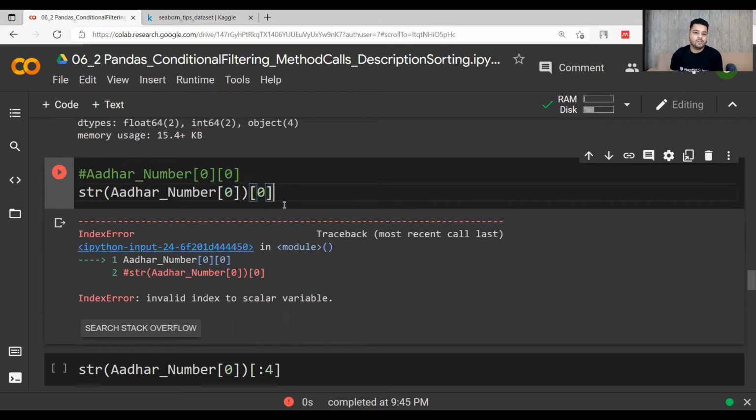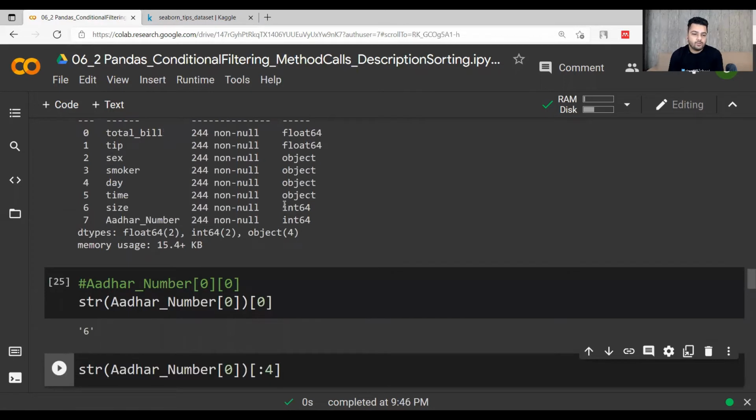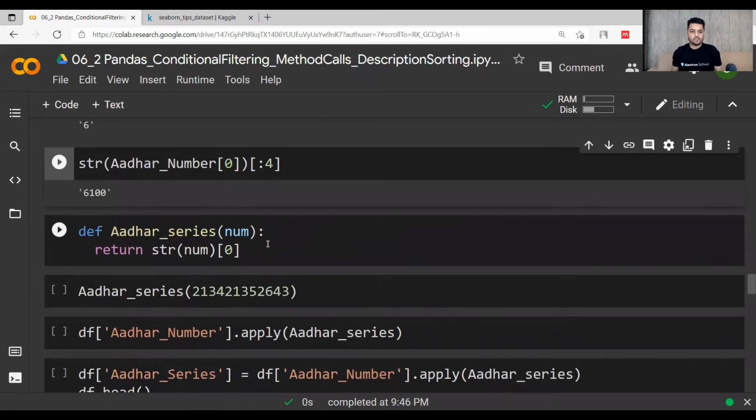So if you do data type casting, converting this Aadhaar number 0 into a string and then taking index 0, the first value of the full Aadhaar number is the output. Again, you can use the colon, which is slicing, within the string. So with 0 1 2 3, the first 4 locations will be the output.